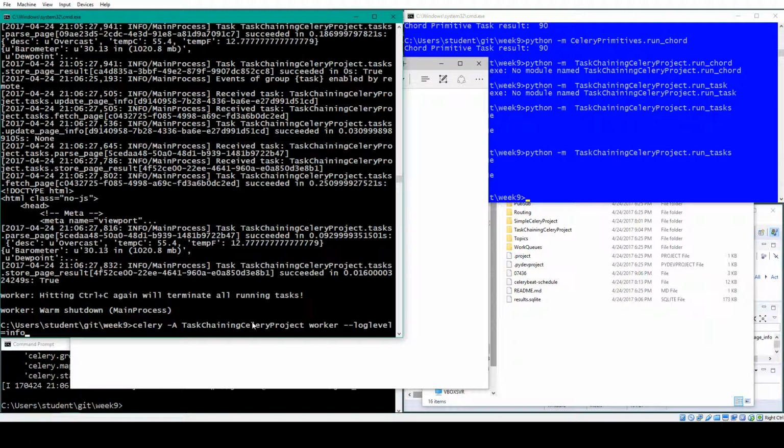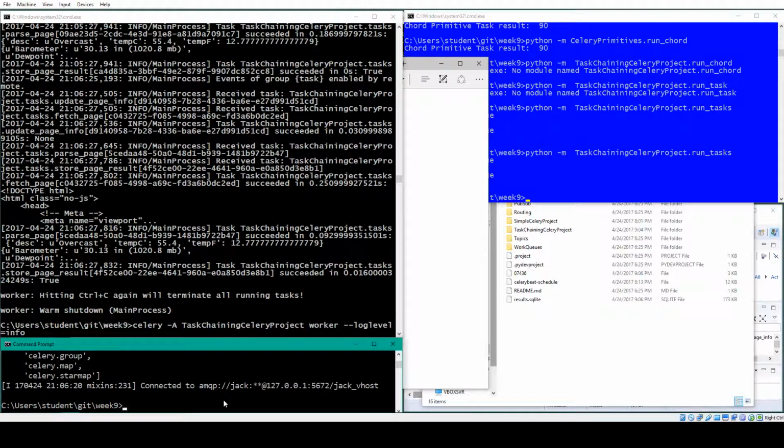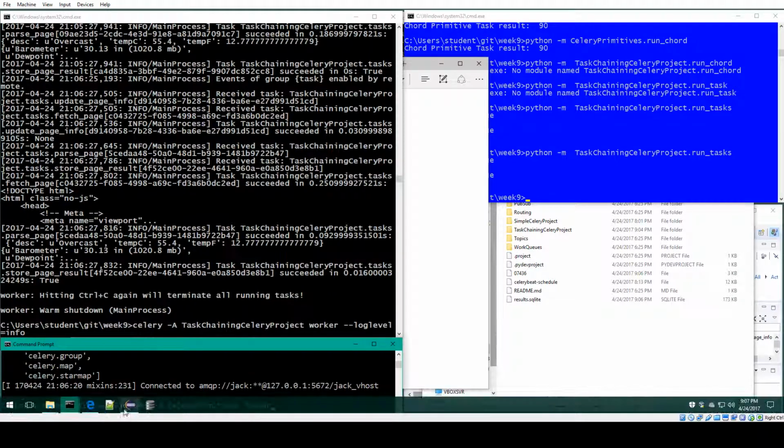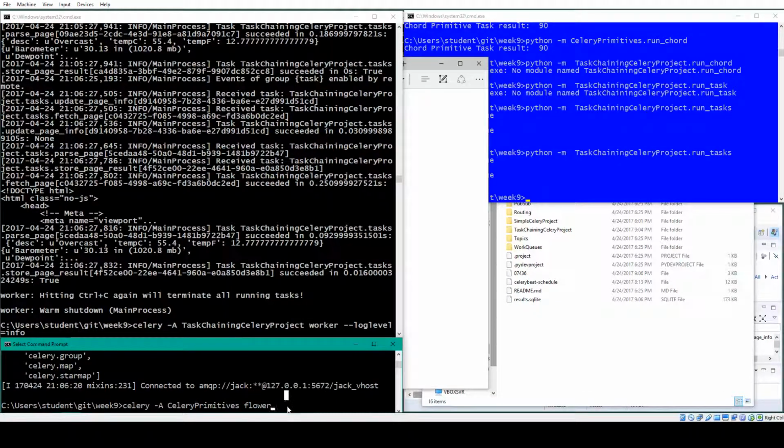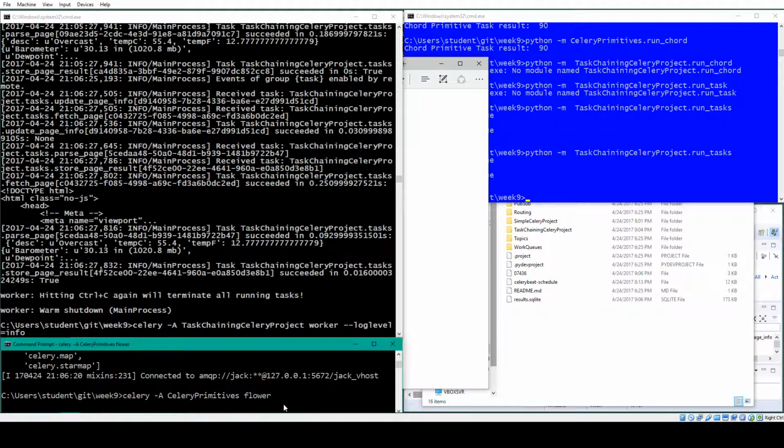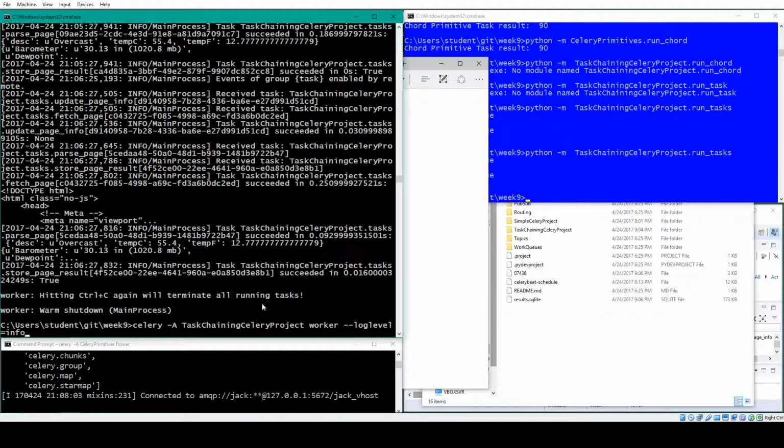The reason I want to do this is that it is especially telling by looking at Flower, because it does show exactly what you get. Okay, so I'm going to launch Flower as we did before. We'll launch the Flower management portal first. Okay, so, all right. Now I'm going to launch